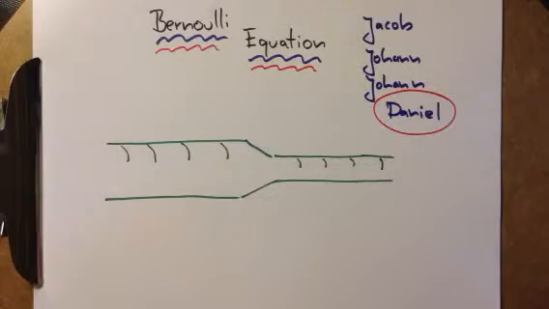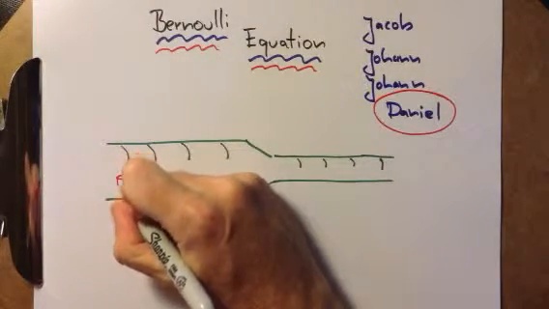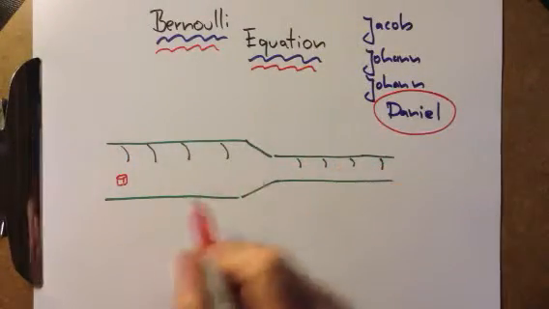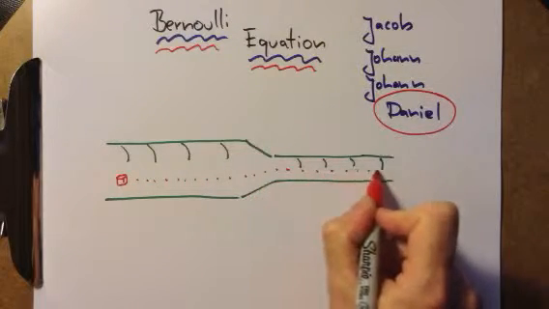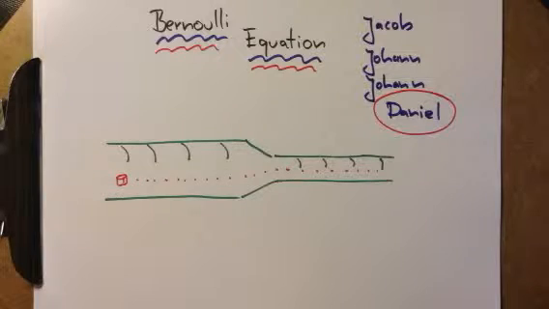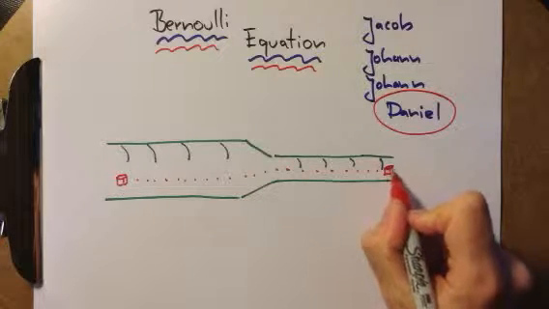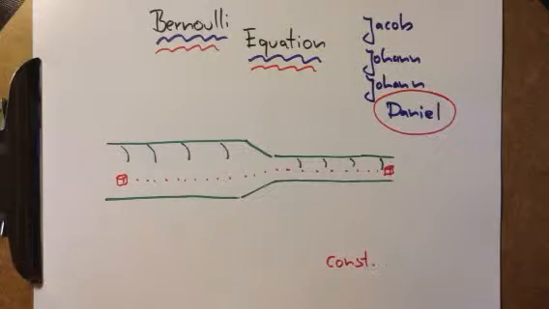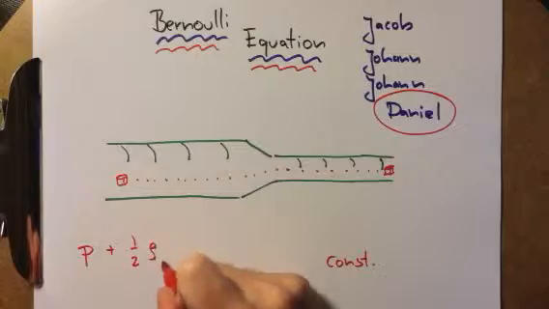The Bernoulli equation considers a tiny volume element. Mathematically, you would say an infinitesimally small volume element as it proceeds through a tube, or more technically speaking, through a laminar flow. So at the end it'll be over here. And it says that something stays constant, namely the sum of pressure, 1/2 fluid density,